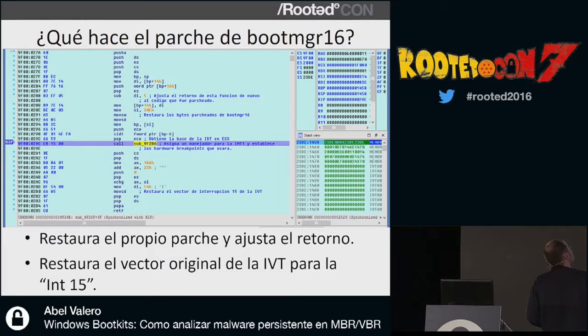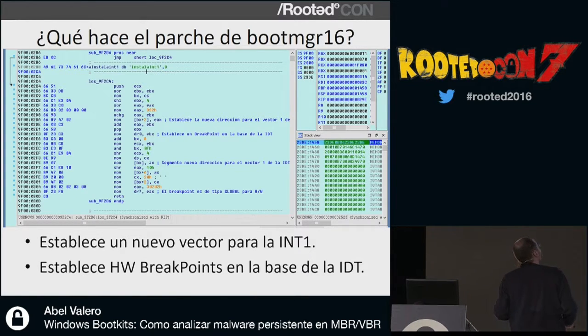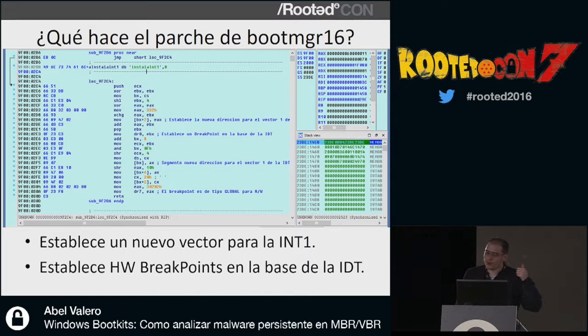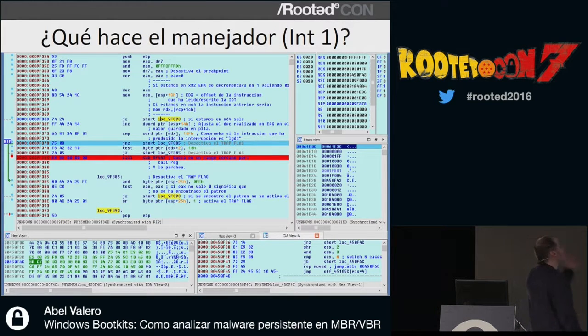On the other hand, there is a call here, and there's IDT passed into it. That call establishes a controller for interrupt 1. When there is interrupt 1 happening, and since the IDT was set up in the way they were interested, what it does is alter again the IDT. If I go to IDT, if I go to interrupt number 1, go to my code. Interrupt 15 finds a pattern, they establish where the information should be stored, and they get interrupt 1. So mystery number 2 resolved as well.